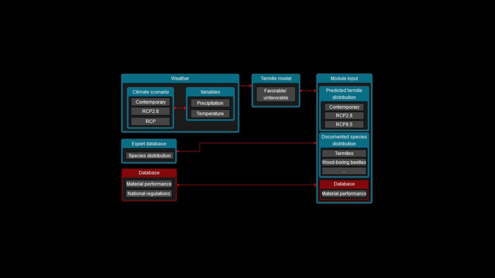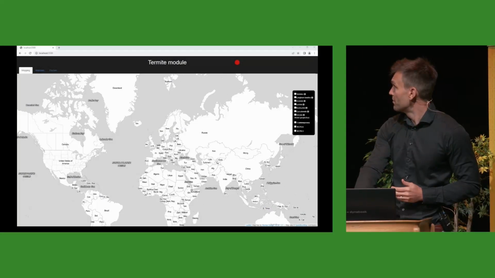So what we have done here is that we have mapped out the present risk of termites from experts and just from the knowledge in Europe. And then we also try to model the risk of termites, and then using this model we can also predict the future expansion of the termite region. So I'm going to show you the tool we have here, which is all about mapping.